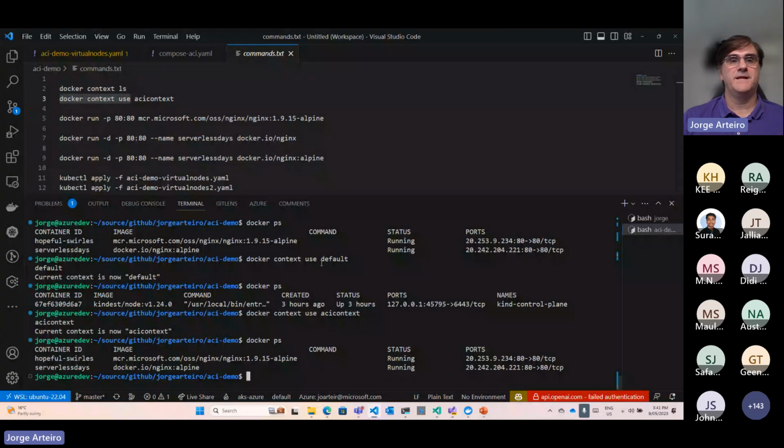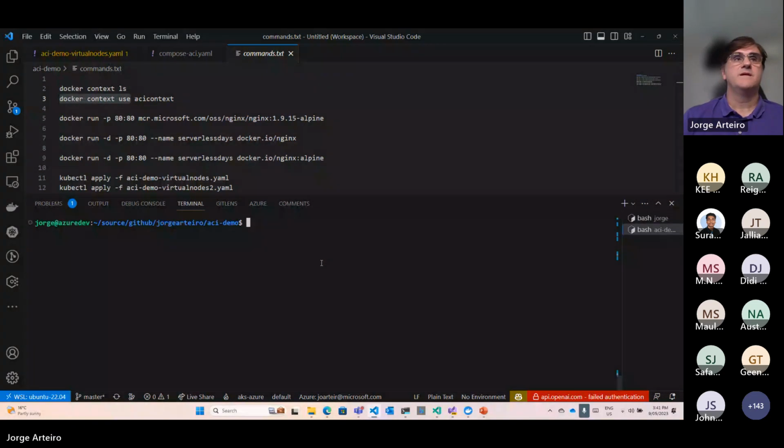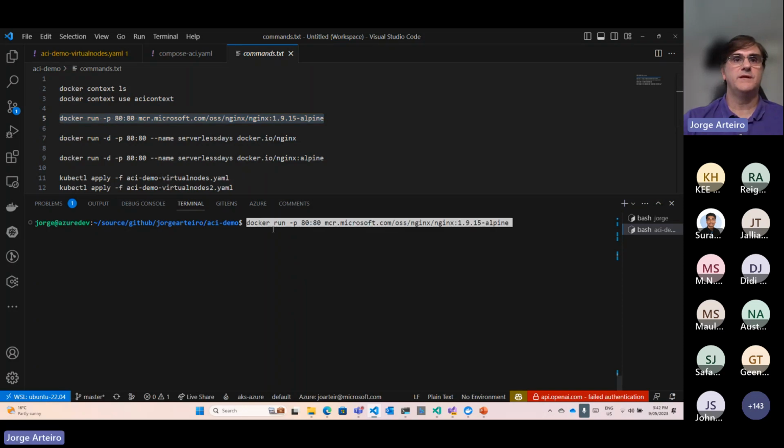Okay. Then I'll be using the local default now. And I'm sure that you can run exactly the same here, but running on my local machine. Then I'm going to use my local port 8080, because now I'm running locally.